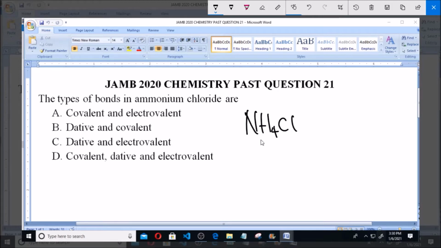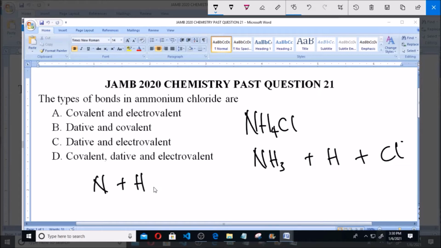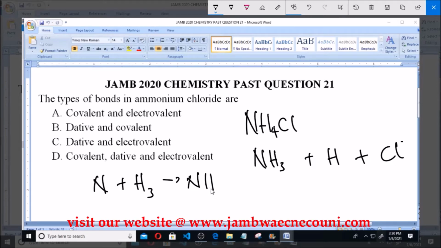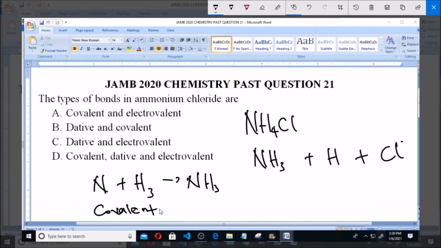Ammonium chloride is made up of a combination of ammonia, NH3, plus hydrogen atom, then plus chloride ion. Now, this ammonia is made of nitrogen and 3 atoms of hydrogen. So nitrogen plus 3 atoms of hydrogen will give us ammonia, NH3. Now the bond here is what we call the ordinary covalent bond, that involves the sharing of electron between the